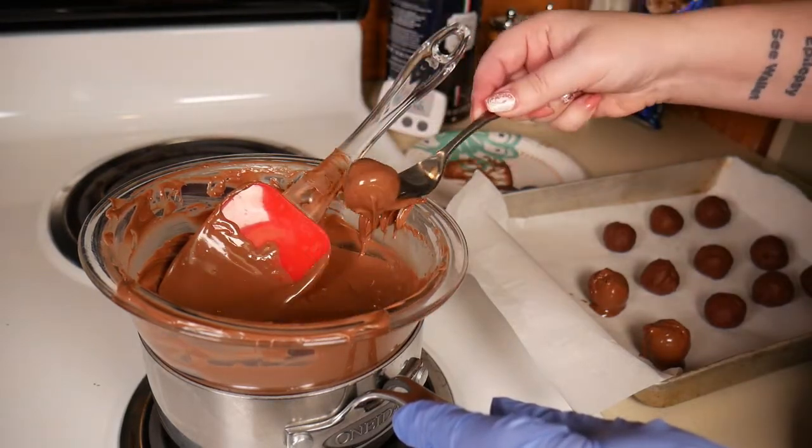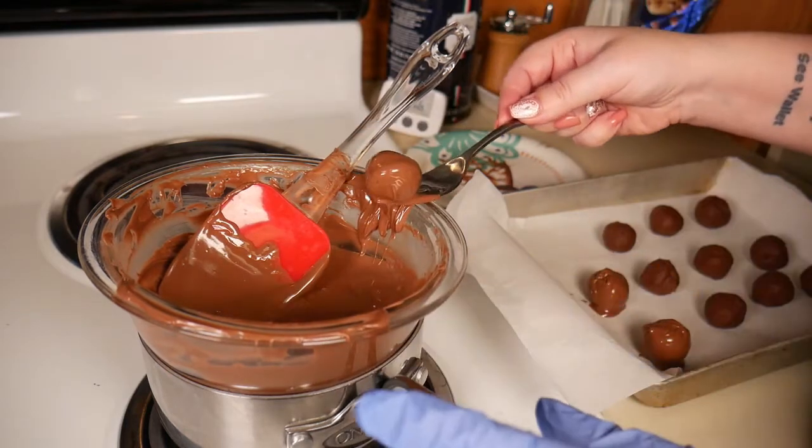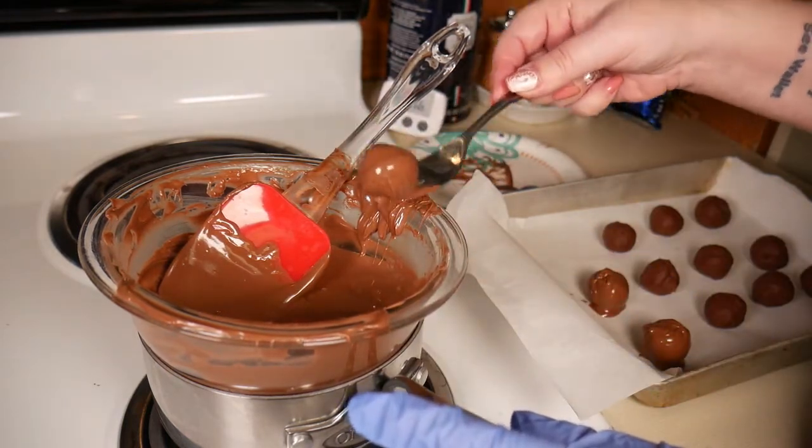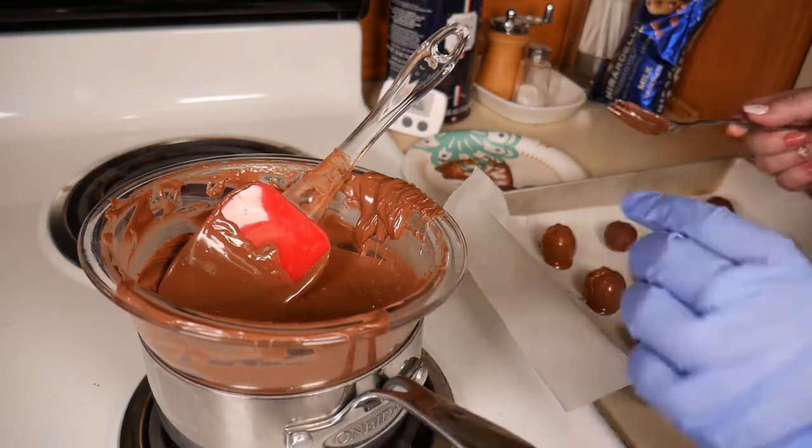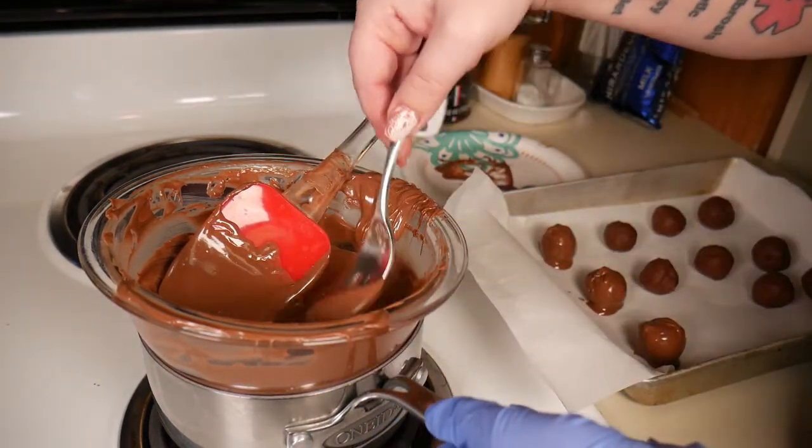I'm using milk because, I'm sorry if you can hear some rattling around out there. My neighbor's rolling around his garbage cans. I'm using milk because